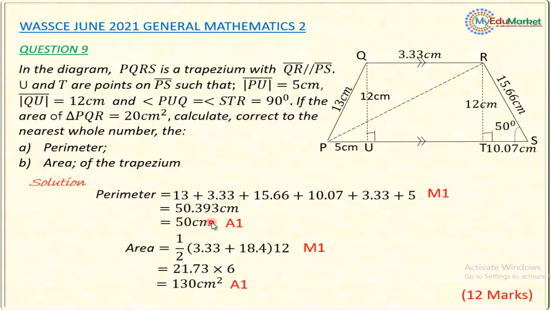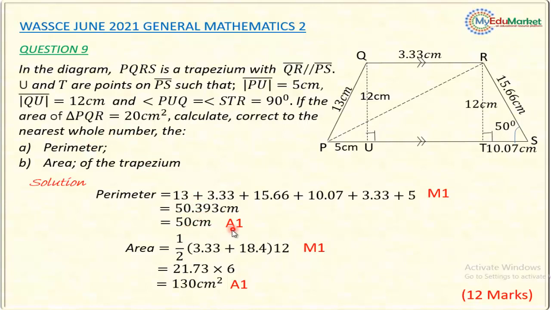The next mark is the M1 mark, the method mark, where you attempt to get the perimeter by adding all the sides you obtained. Adding those sides, you have this method mark. And adding them and getting the answer as 50 centimeters approximated to the nearest whole number accurately, you have this